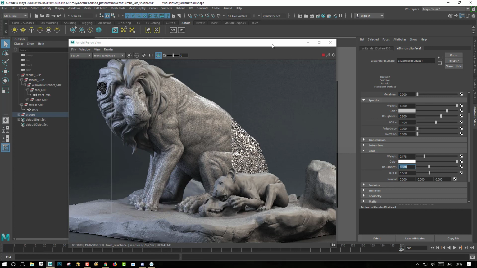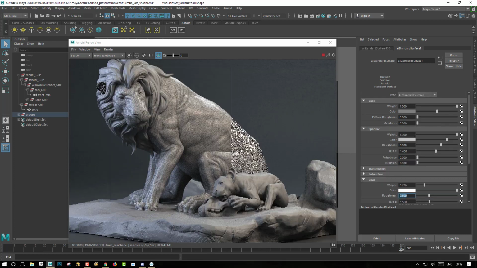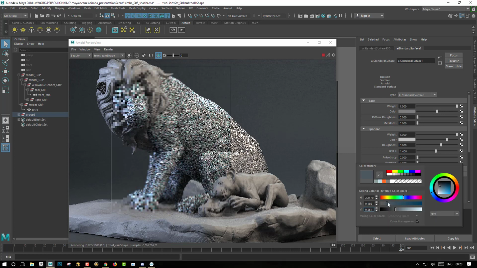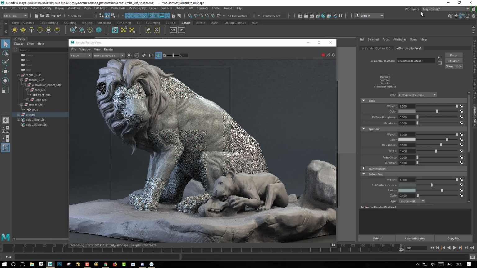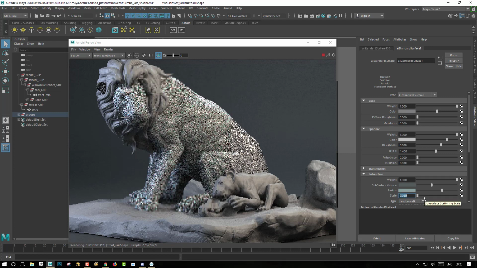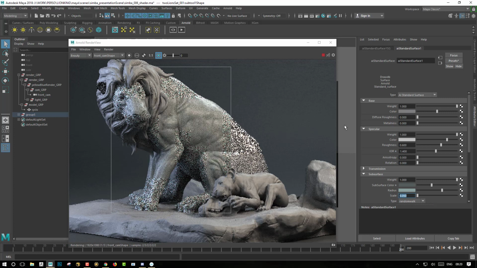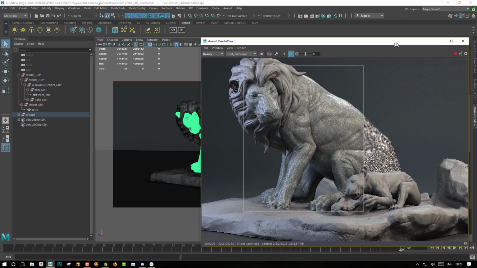So now we just need to assign the same shader to all the objects in the scene. Maybe something that we want to do will be to play a little bit more with the subsurface. So I think that having a bit more saturation will nicely help us to get the results that we want. And maybe reducing even more the scale, because we don't want too much light to travel through the surface. So this is what we get from the shader.